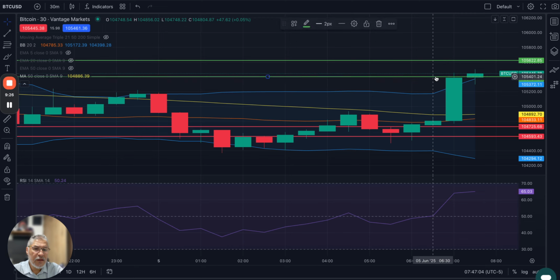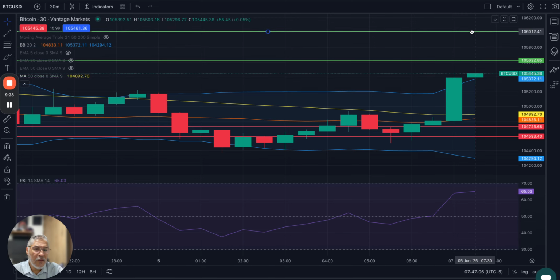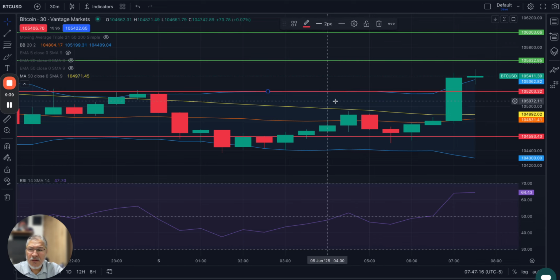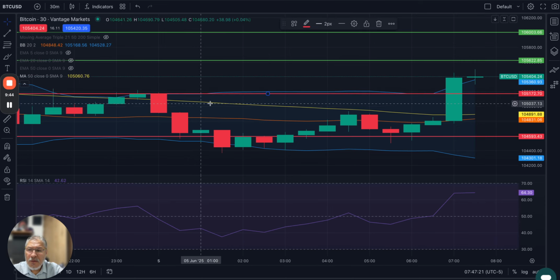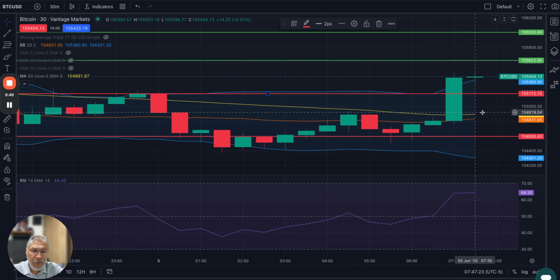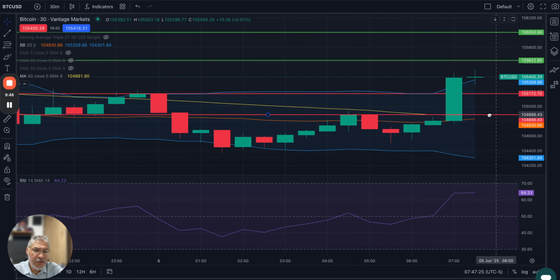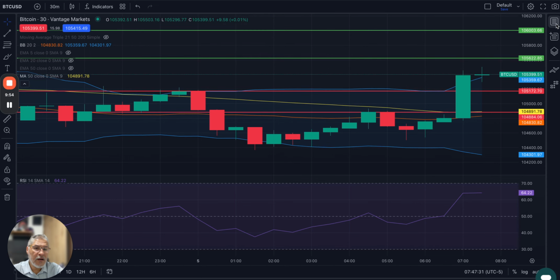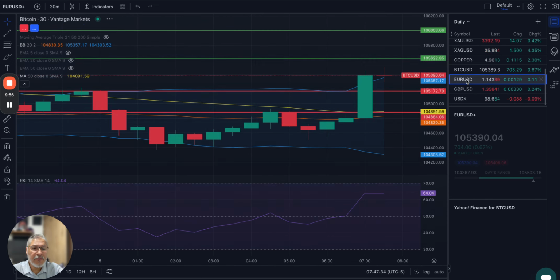So let's just use 106 psychological value and leave that same level. As far as support, 105 to 100 initially. Actually, this double top right here, 50-day moving average, my second one. So looking for a higher leg, another leg up.